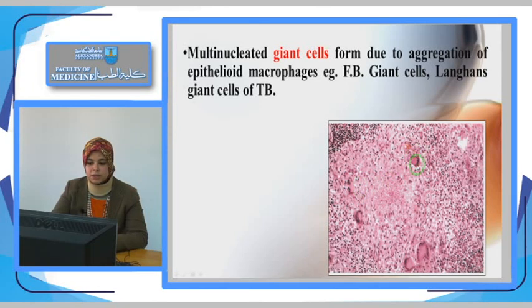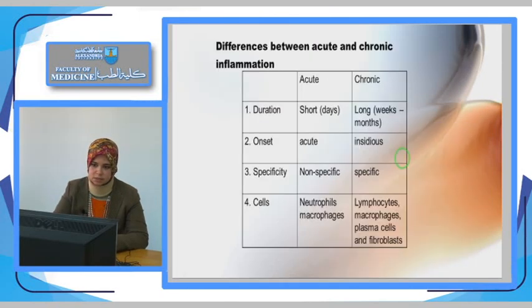طيب according to the arrangement of the nuclei within these cells, لو النيوكلياي دي arranged in a horseshoe shape or a U shape زي ما احنا شايفين, يبقى واخده شكل حدوة الحصان كده, يبقى اسمها Langhans type giant cells. Langhans مش Langerhans بليز, خلينا بس ناخد بالنا لان Langerhans دي cells موجوده في البنكرياس زي ما احنا عارفين. ف the name of these cells will be Langhans type giant cells and they are characteristic of TB. لو these nuclei are haphazardly arranged within the cytoplasm they are named foreign body giant cells.